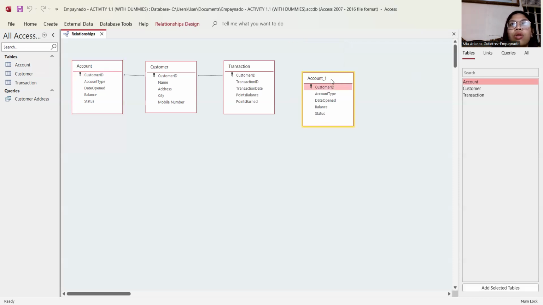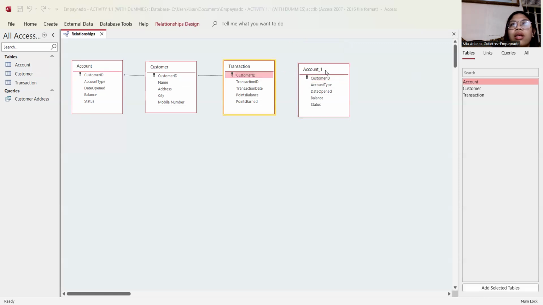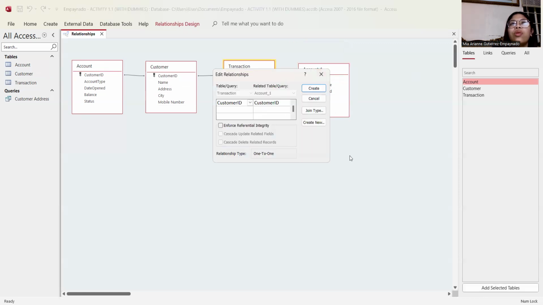Then how I did this is I just drag this one to the other side. You'll see it will create a link. It will show edit relationships. Then you'll see that both of the customer ID from transaction and the account one will be connected since you chose that as your primary key.